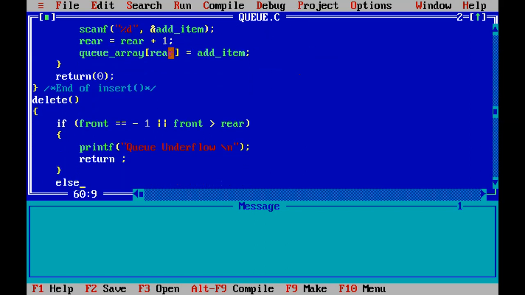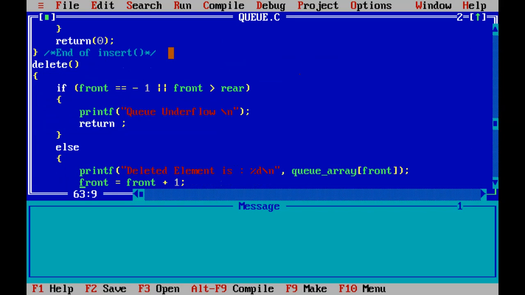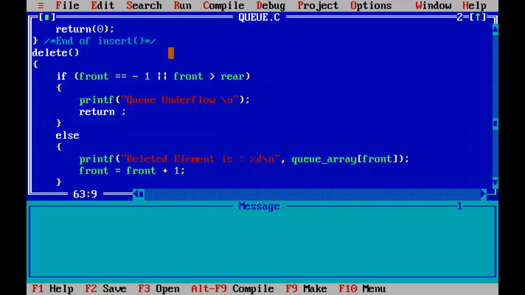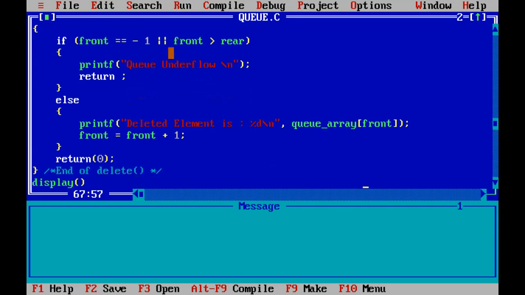Okay, and if the front is not equal to minus 1, then we will delete the element, means it will show the element at front position. Q array front means it will show that position and front equal to front plus 1. After deletion, it will show front equal to front plus 1. Okay, so this is delete function.